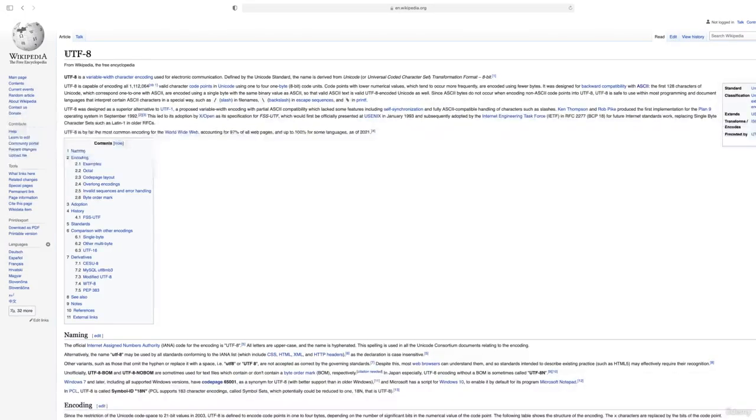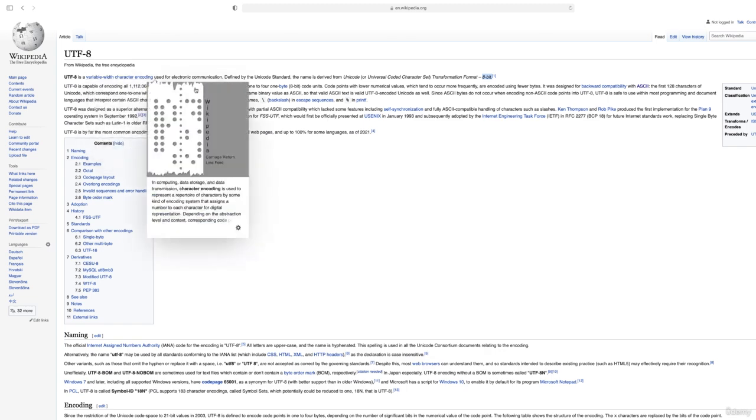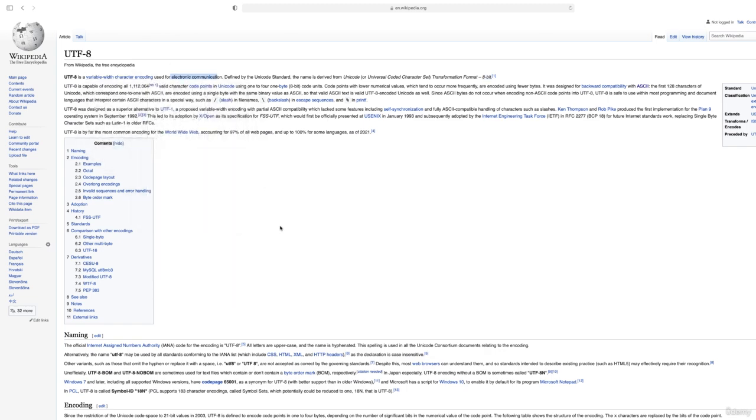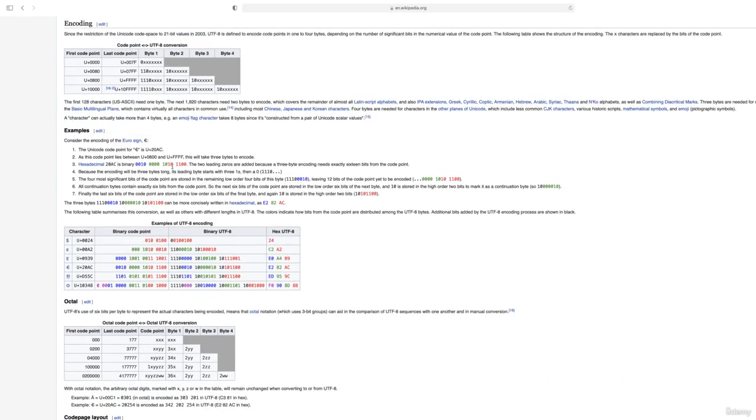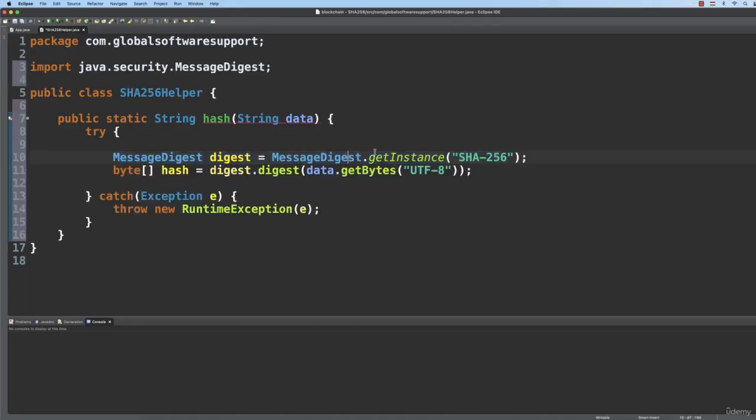You may pose the question, what is this UTF-8? It stands for Unicode Transformation Format with 8 bits, hence the name UTF-8. So this is a variable width character encoding used for electronic communication. Okay, so there are quite good examples present on Wikipedia. In this lecture, we are going to focus on the SHA-256 hashing algorithm. So first of all, we have to get an instance of SHA-256. Then we have to get the bytes, and the character encoding is UTF-8,